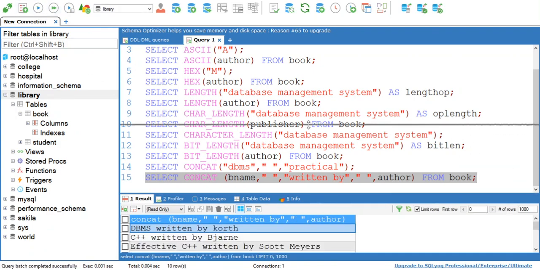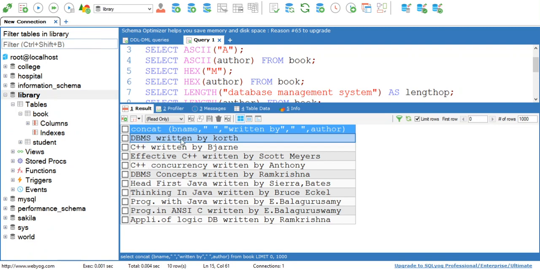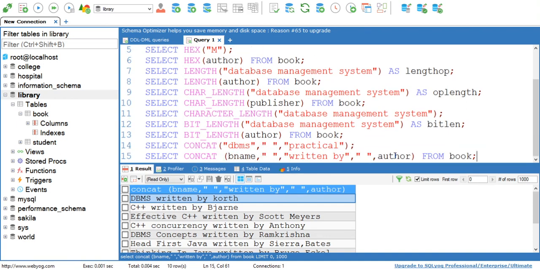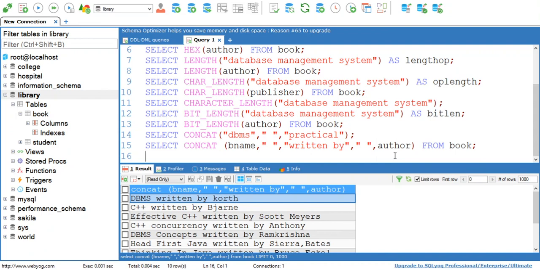At the output section, my output is dbms written by quote, C++ written by bjn, effective C++ written by Scott Meyers. So this is how concat can be used to concatenate different attributes with user defined words to form one sentence.